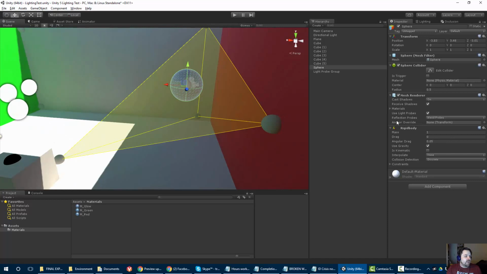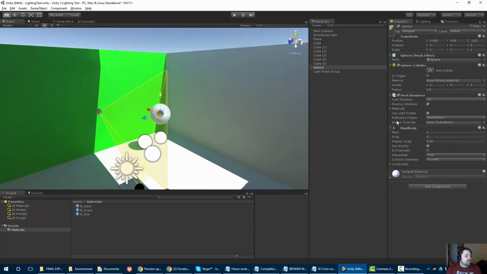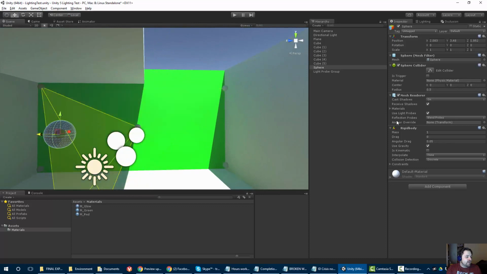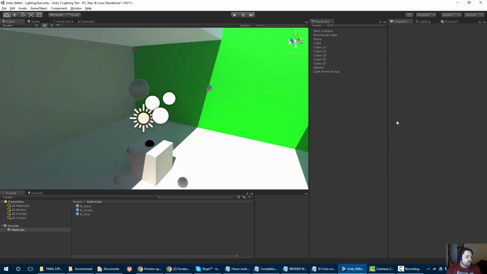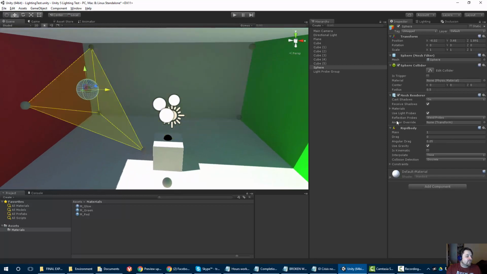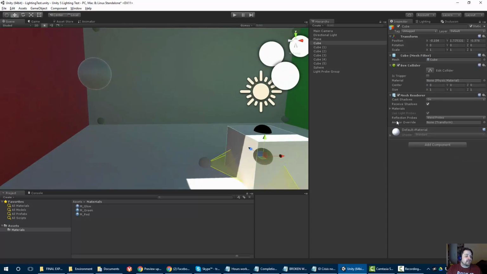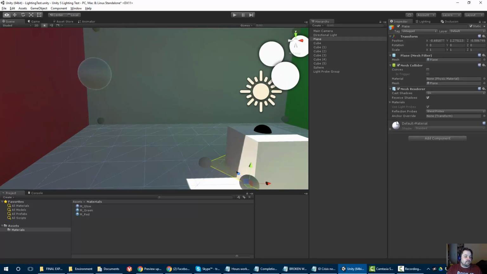So if it's all the way over here, it's going to be receiving influence from those probes, and if it's over here, it's going to be receiving influence from those probes. And the main idea is that this is not 100% accurate with what you would get out of baked lighting,